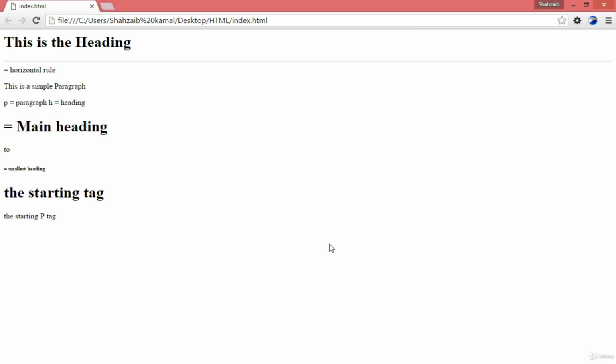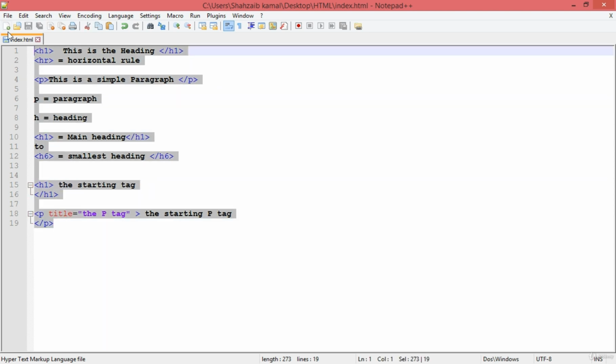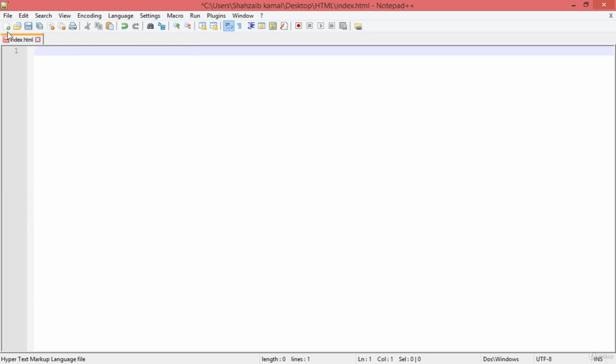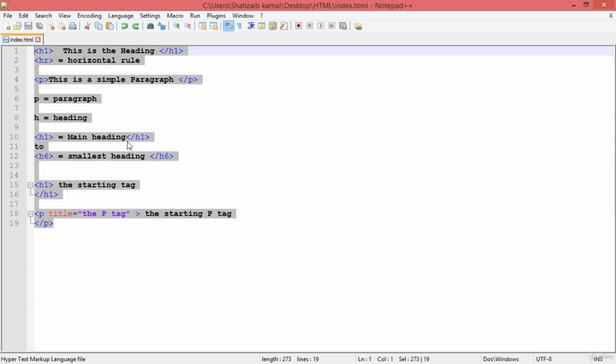Hello and welcome back. So guys, in this class we've learned about the tags and the attributes, so I'm just going to remove all these things as you can see. Okay, and what I'm doing is creating the basic HTML syntax. Basically, we cannot type or work in HTML this way because this is not an appropriate way.